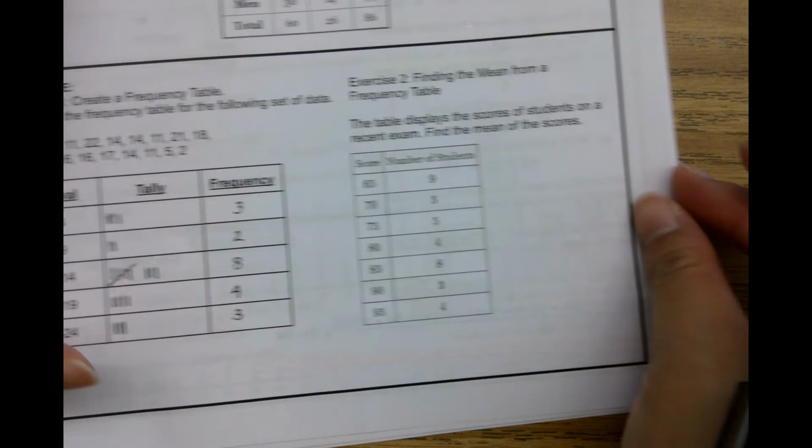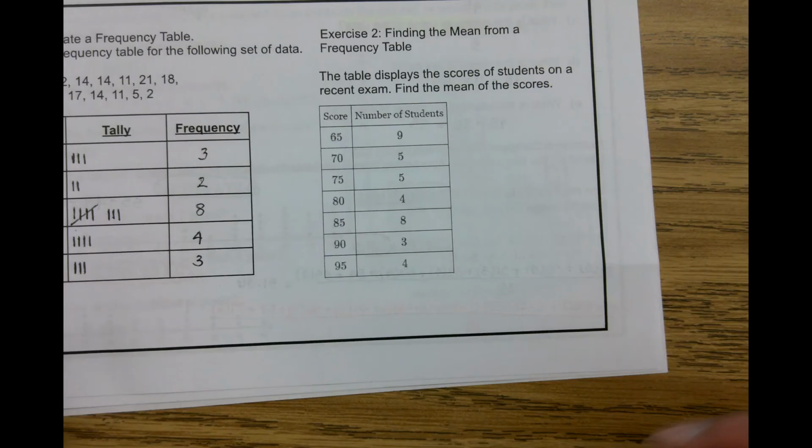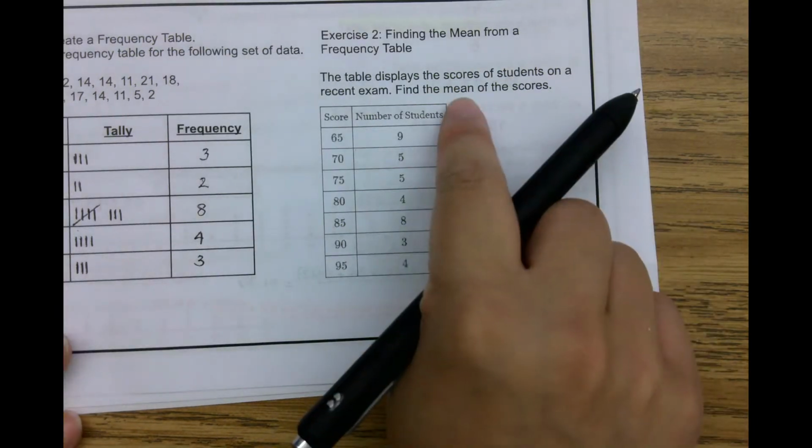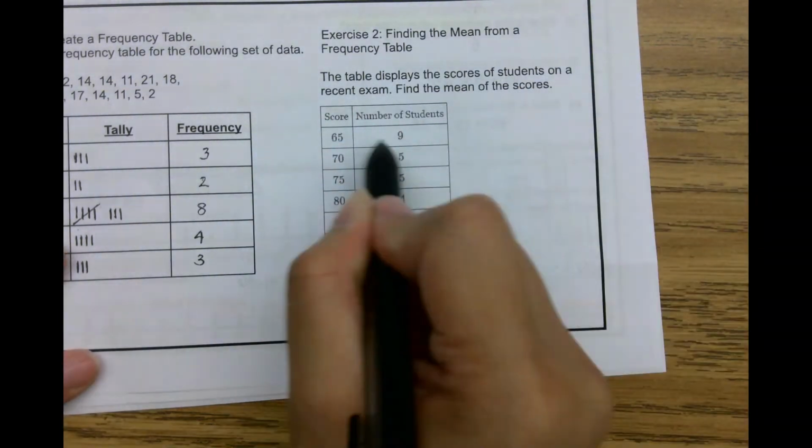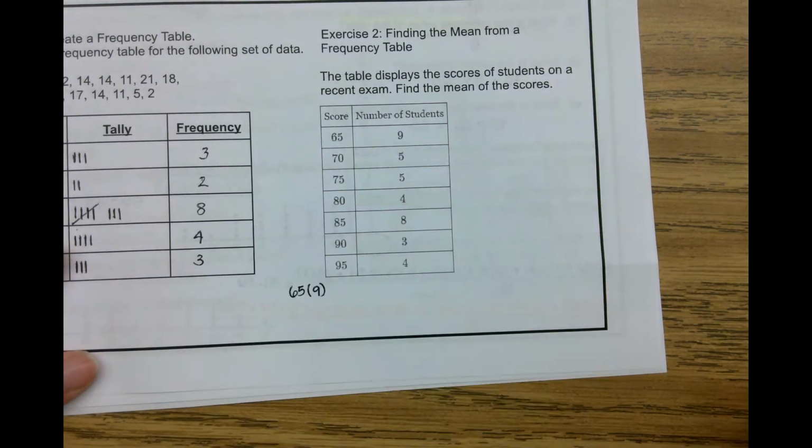Okay, so finding the mean of a frequency table, we kind of already did that last time. So here I have the table that displays the scores of students on a recent exam. We want to find the mean, again, average of the scores. Okay, so we're going to add up the totals divided by however many students we have. A score of 65, there's 9 students. So instead of doing 65 plus 65 plus 65 9 times, I can just